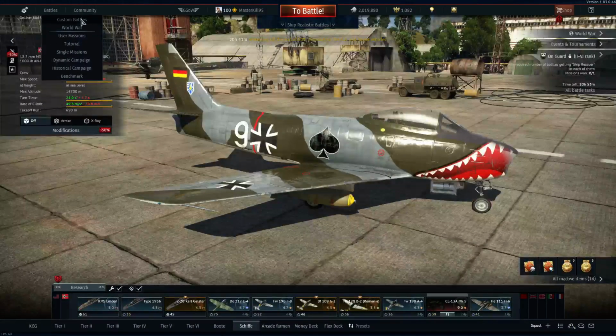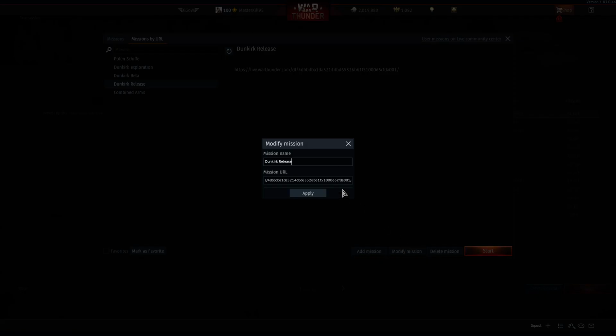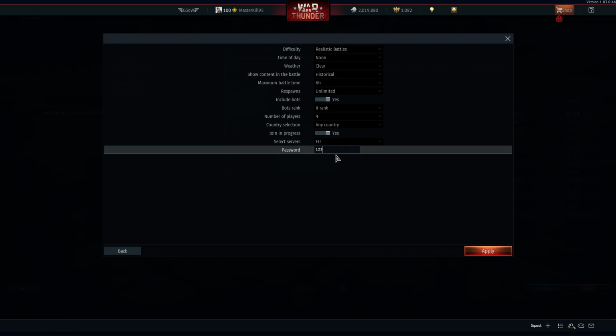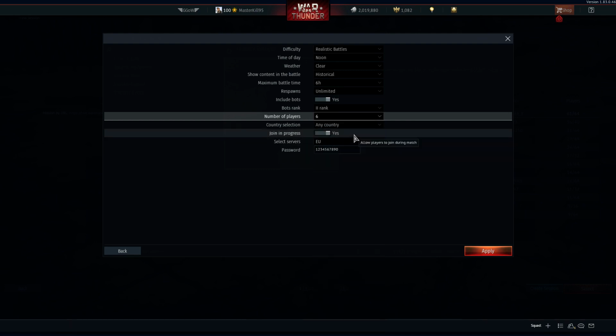Custom battles, create session, Dunkirk release, modify mission, and right here you have to copy the mission URL. So if you are starting, it's just downloading. Let's make a password. Difficulty realistic, time of day noon, weather is clear, maximum time. This mission takes about 3 hours. Include birds, yes. Number of players, let's make 6 of us. Any country,